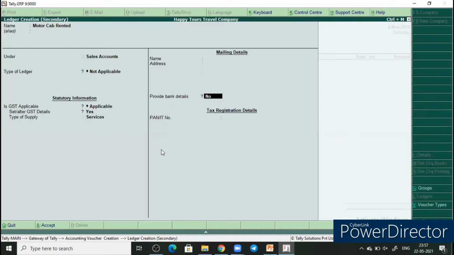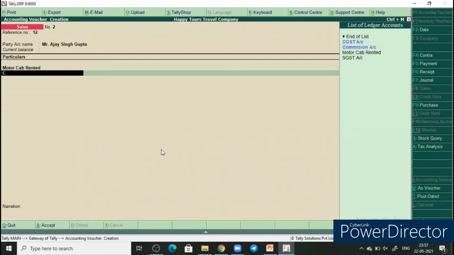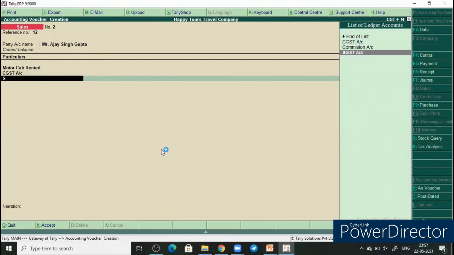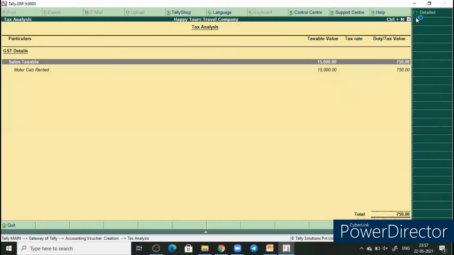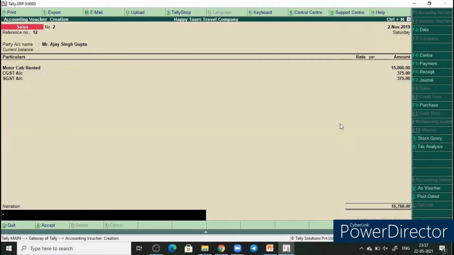Then select services, accept it. The amount is 15,000. Then select CGST, then select SGST. Again, you can go to tax analysis and check for the GST. Again, it is calculated correctly. Go back and write the narration